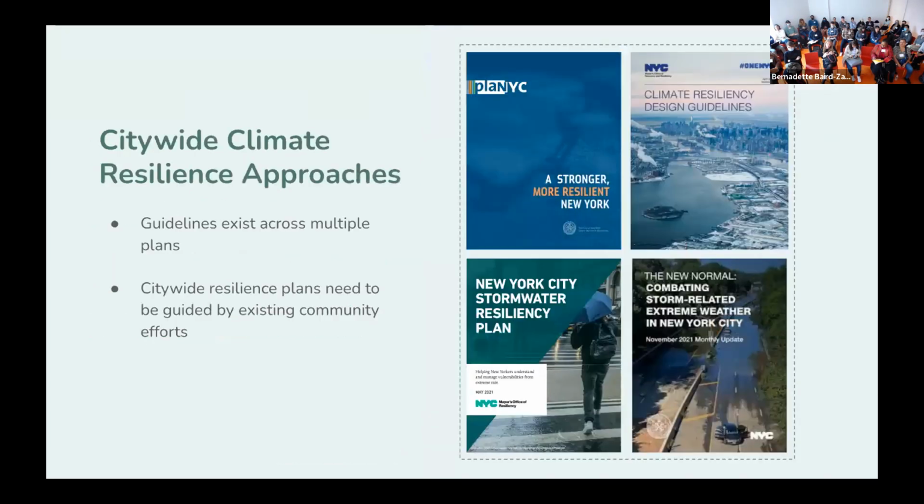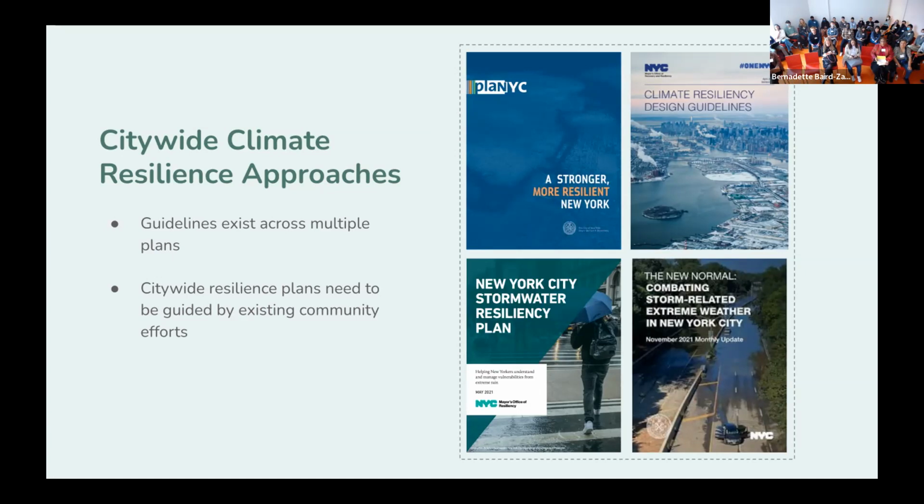So it's interesting that all these local, ground-up efforts are happening all across the city, and yet sometimes they brush up against this tension with larger, city-scale plans. And this is expected, right? City reports and guidelines target a much larger scale compared to your local community-based organization or even volunteers in your neighborhood doing things out of their own time. And while these plans aren't bad at all, in fact I think they're super important to get New York City on this path to a really systematic approach to climate resilience planning,